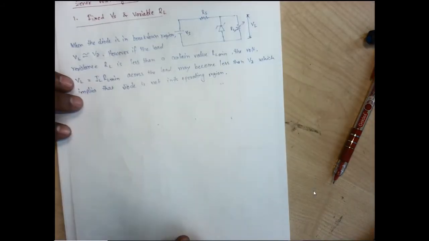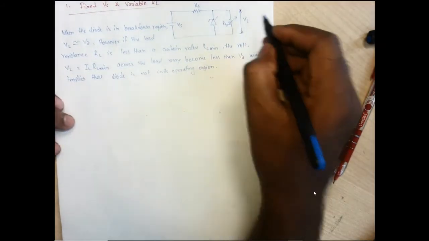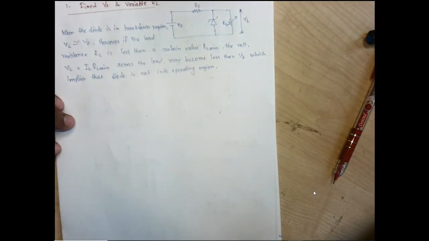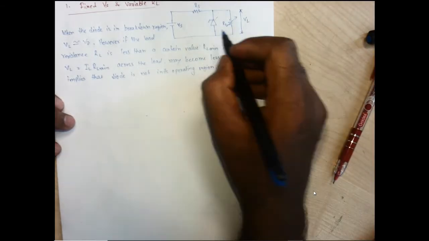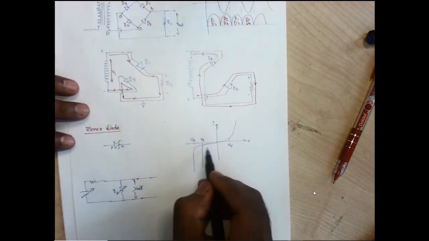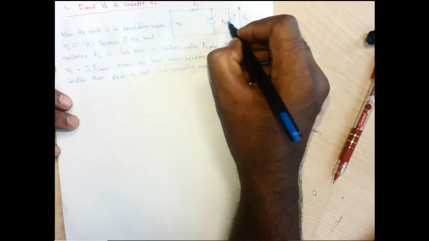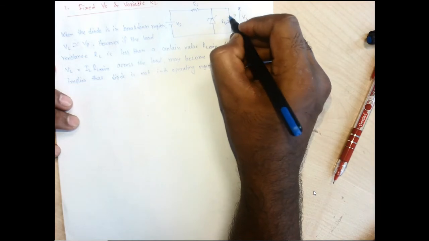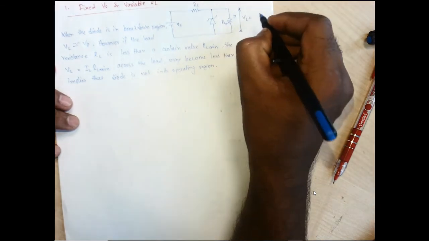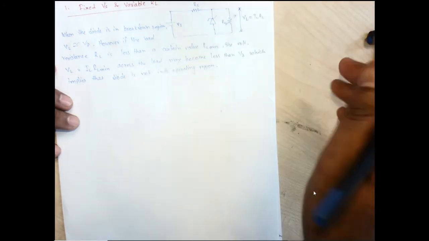So if our RL is varying before breakdown, it may have the condition that VL also becomes less than our Vz. So to achieve breakdown, we need to give a certain voltage, which is the breakdown voltage, to this Zener diode. That breakdown voltage comes through the load voltage, because the load current flowing through this RL, the drop IL into RL, this VL should be equal to Vz.